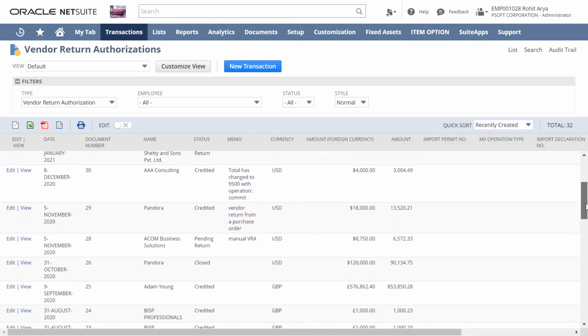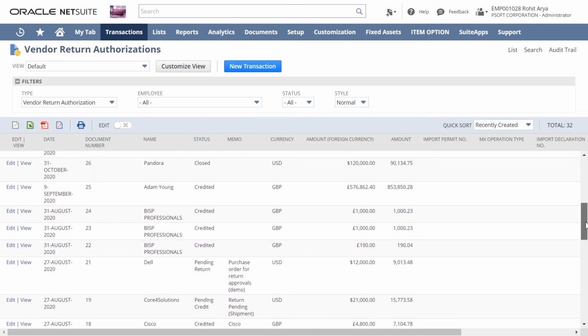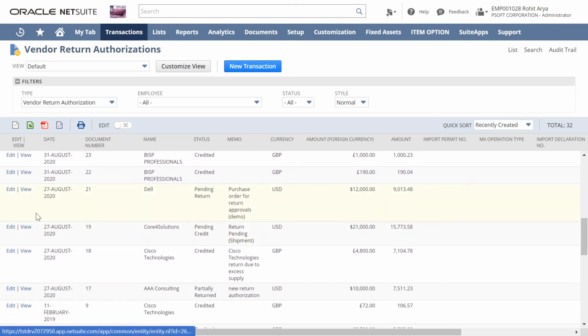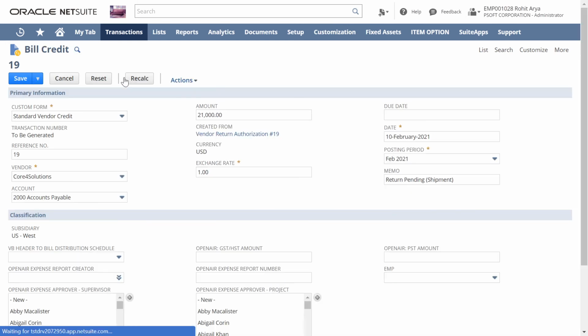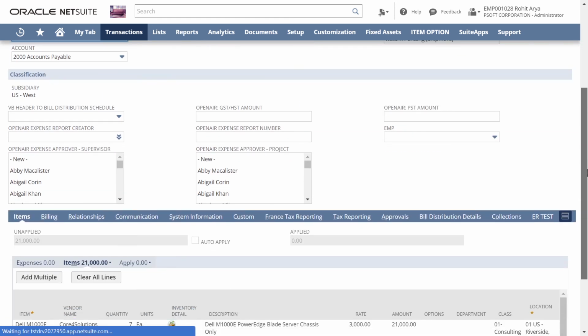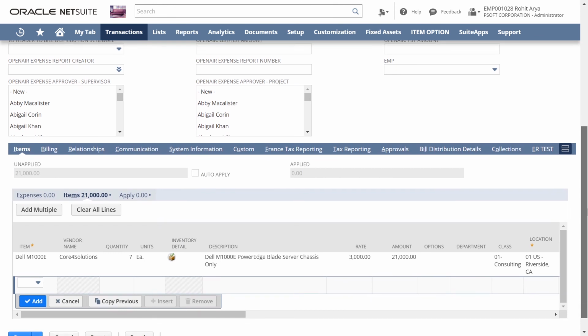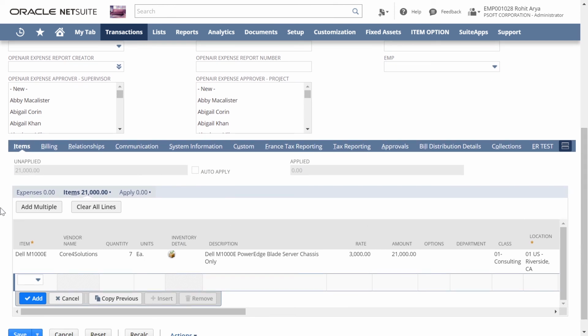We will select this one and click the Refund button. You can see all the details are automatically populated here.